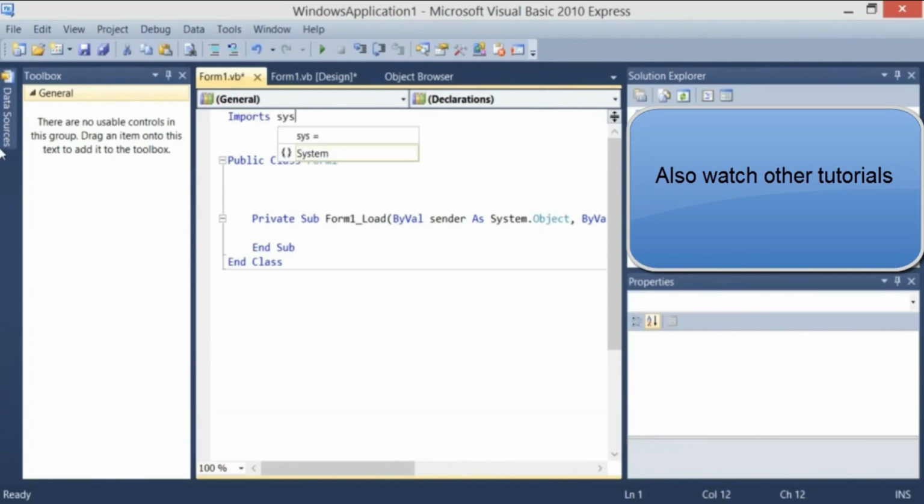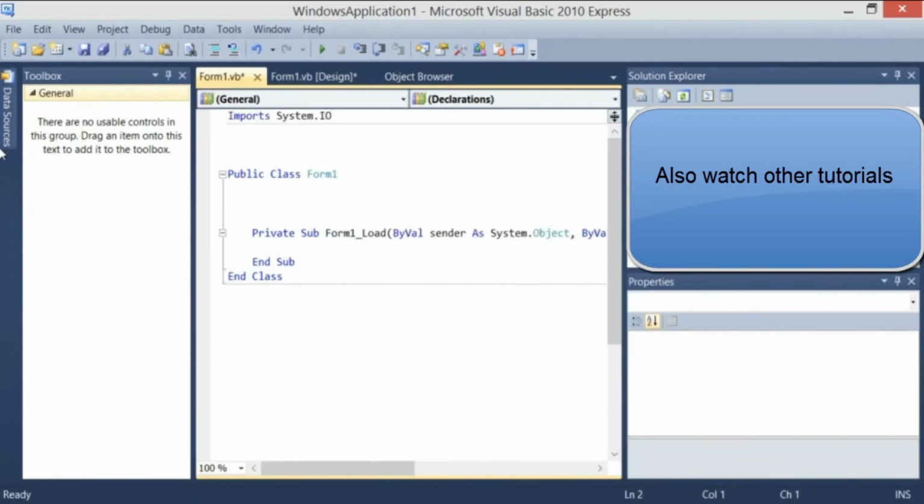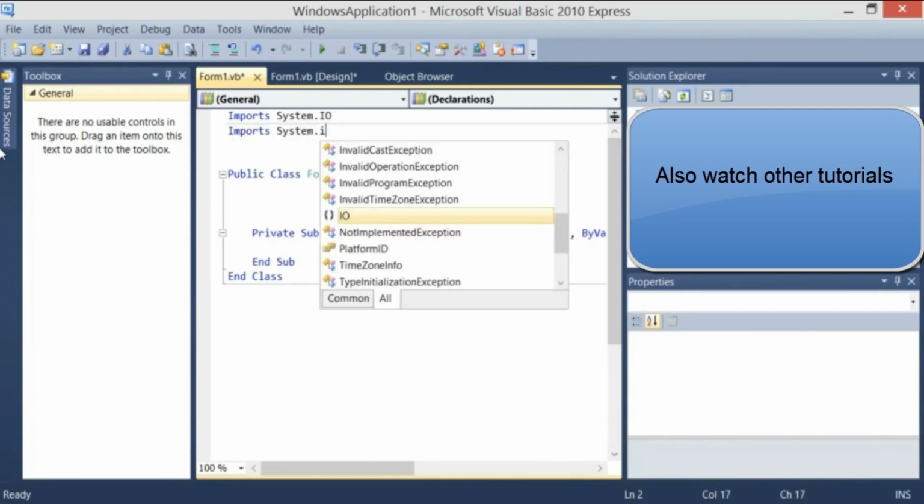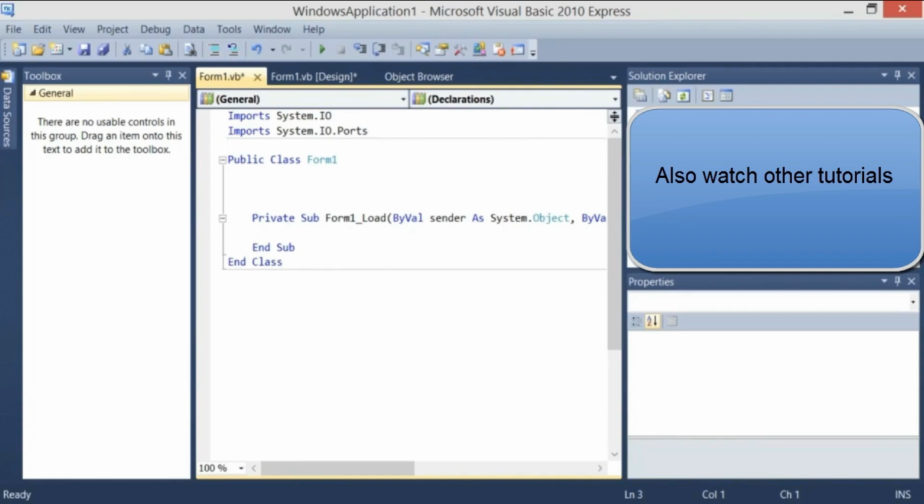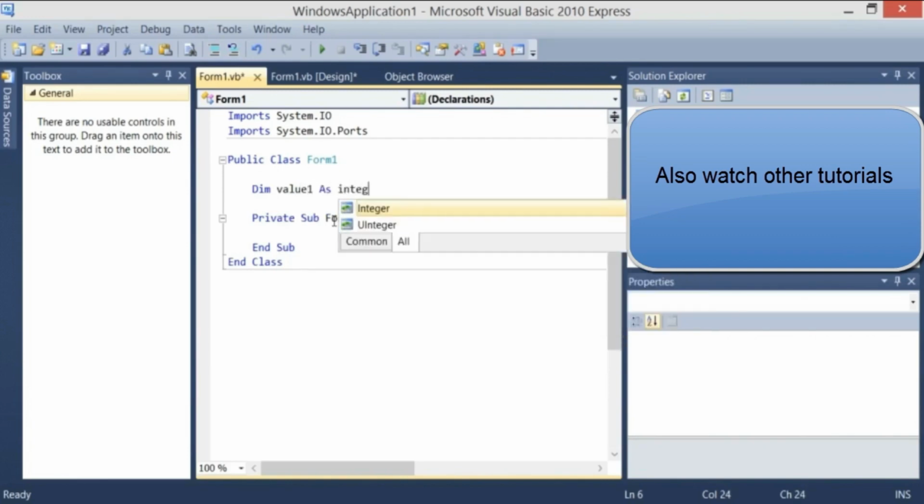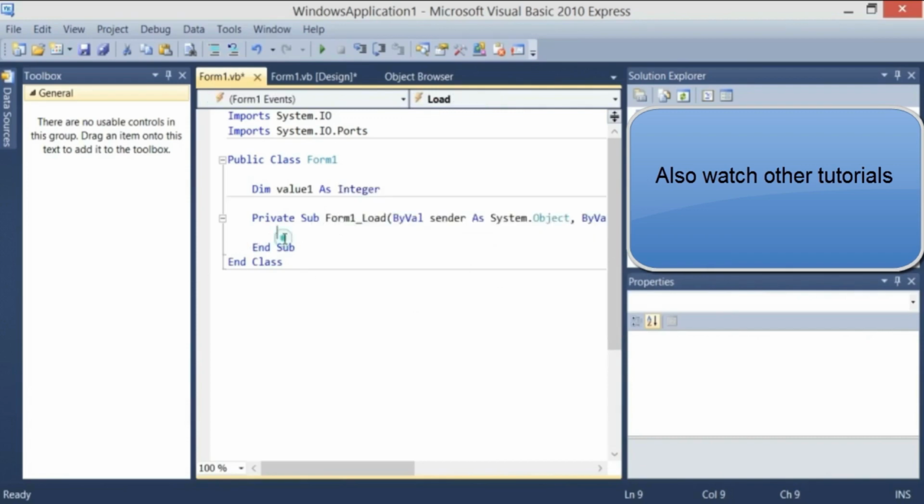Imports System.IO and Imports System.IO.Ports, which we use for serial communication, defining the input and output port. We will also need one variable, and that is tempValue1 as Integer. Okay, now with the Form1 Load,